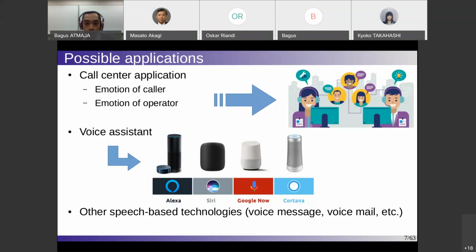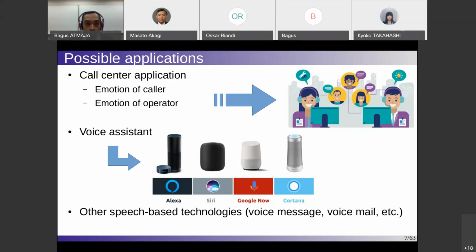And also, not only to measure the emotion of the caller, it can also be used to measure the performance of the operator. So the company can measure the performance of the operator by measuring their emotion during the dialogue between caller and customer. So not only for the caller, it's also useful for the company to measure the emotion to judge the performance of their operators. I think some telecommunication companies are now trying to implement this, like NTT, and not only for